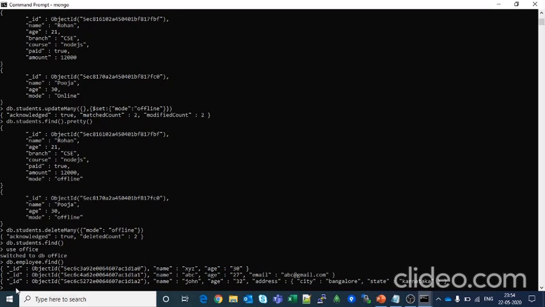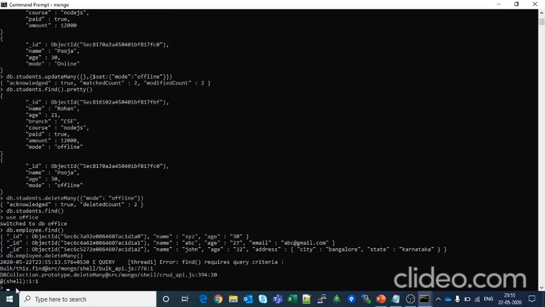Now we will see how the delete many command will work without any filter. So db.employee.deleteMany, and here we will not pass any criteria. It will delete all the documents, but if you do not pass the curly braces, it will give you an error.